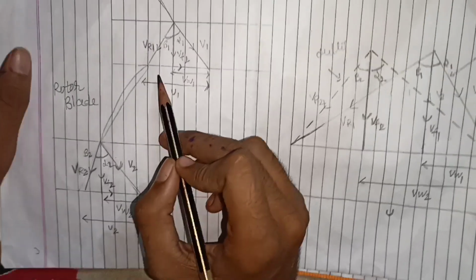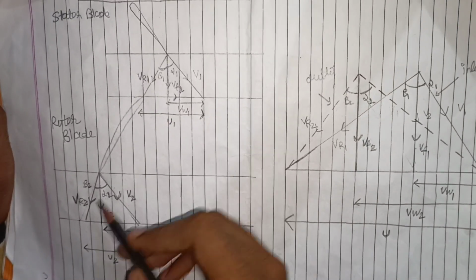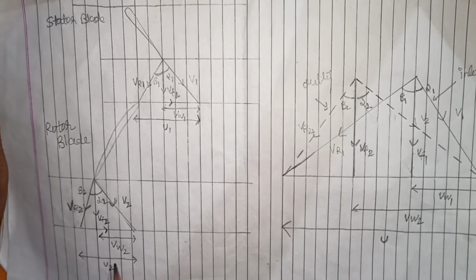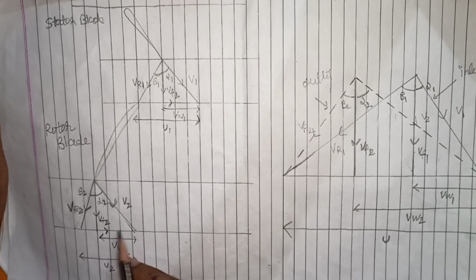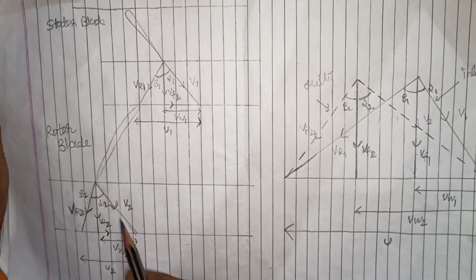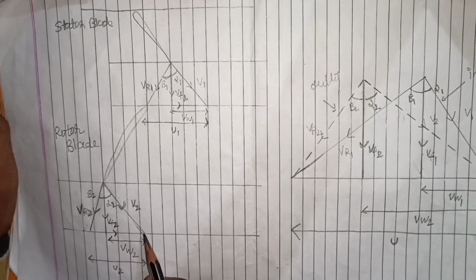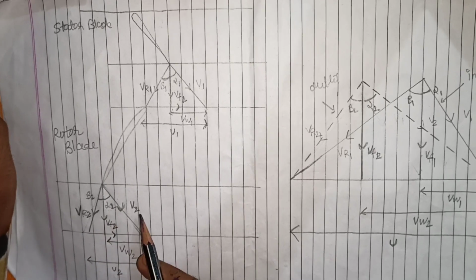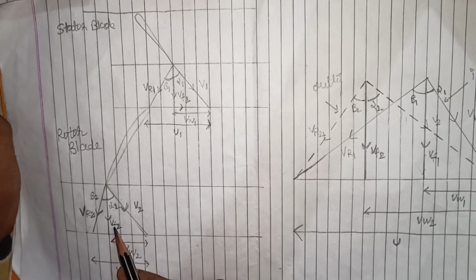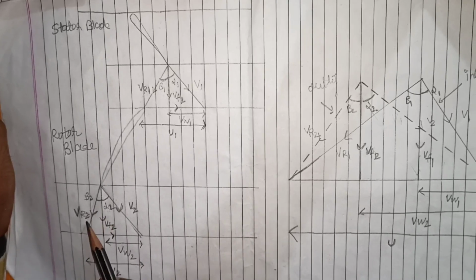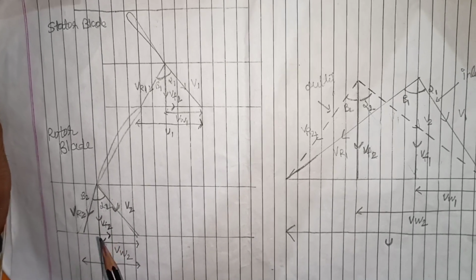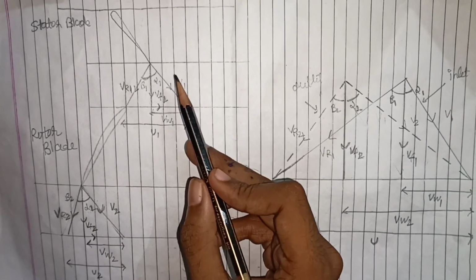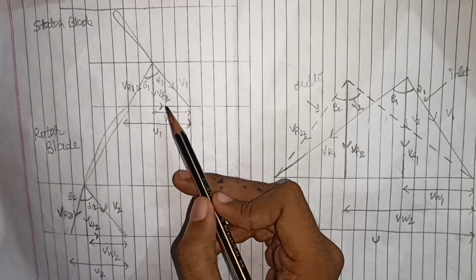Now the air leaves the rotor blade tangentially with relative velocity vr2 here, and the speed of the blade here is u2. So the resultant vector v2, that is the absolute velocity, can be drawn on this side. Same as before, alpha 2 is the angle made between the absolute velocity and the flow component, and beta 2 is the angle made between the relative velocity and the flow component. Note that all the angles are measured with respect to the flow component in the axial compressor.